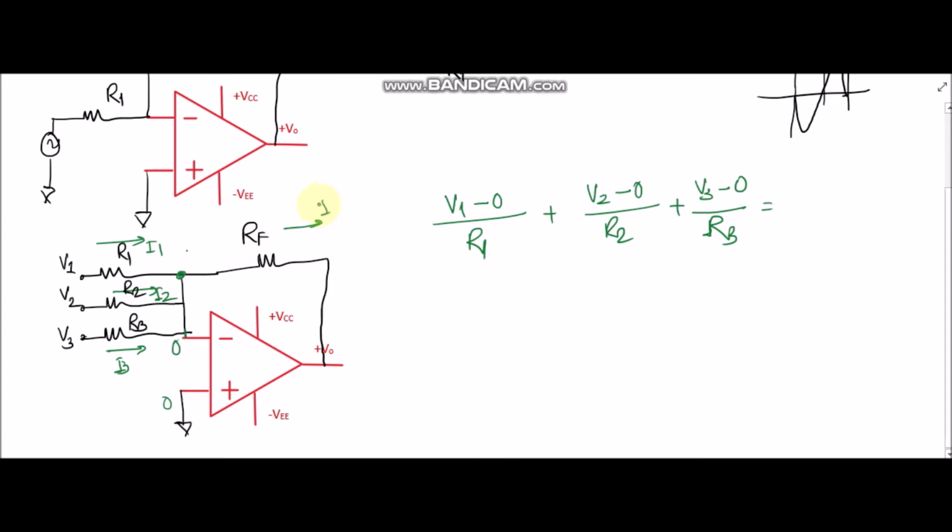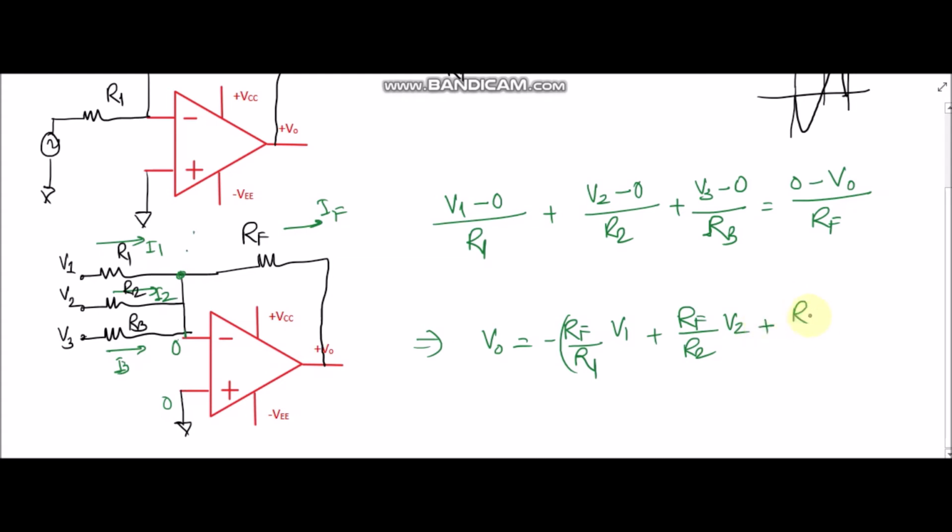If I take the current like this, this will be at higher potential, so 0 minus VO upon RF will be the IF current. When we simplify this, we get minus RF upon R1 V1 minus RF upon R2 V2 minus RF upon R3 V3. I have taken minus common.